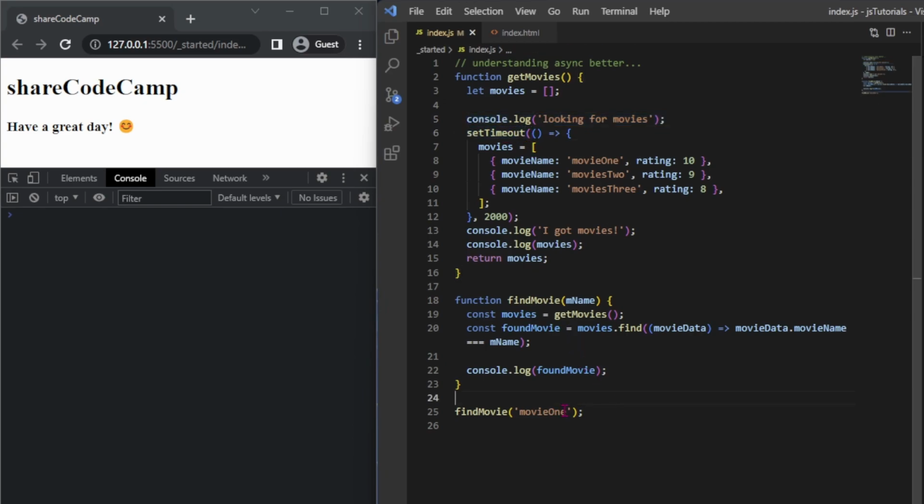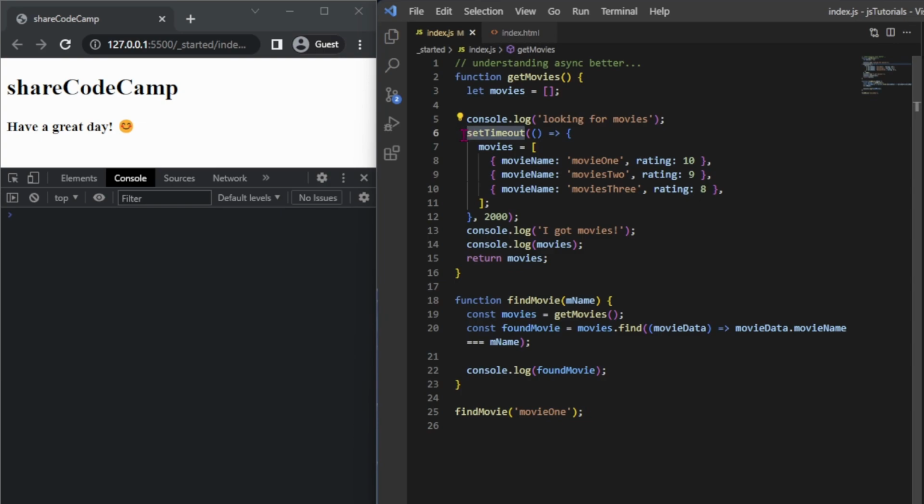But let's move step by step. In here, we do const movies and we call getMovies. We initialize this function. Once we initialize, we run the function, which is we do let movies, and then we come here. This one is going to run. And then this setTimeout, remember,